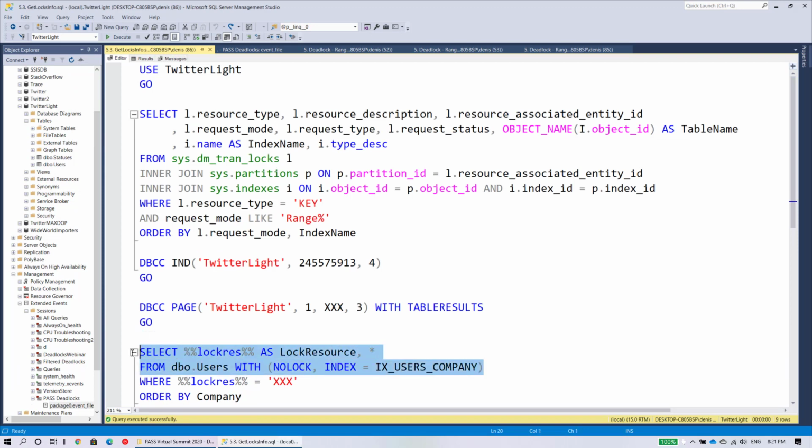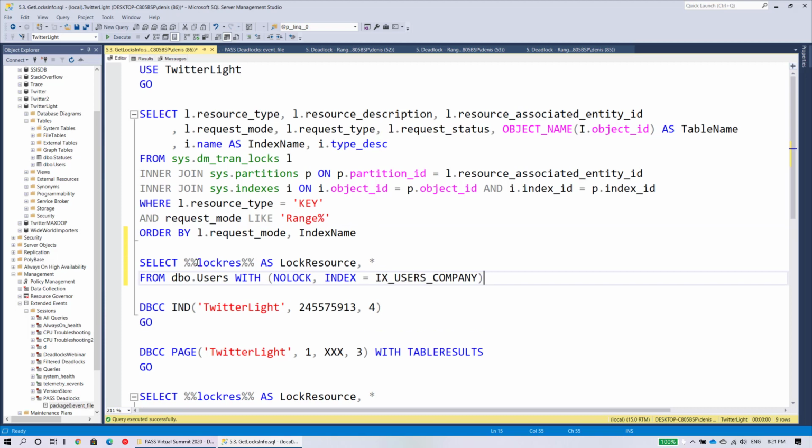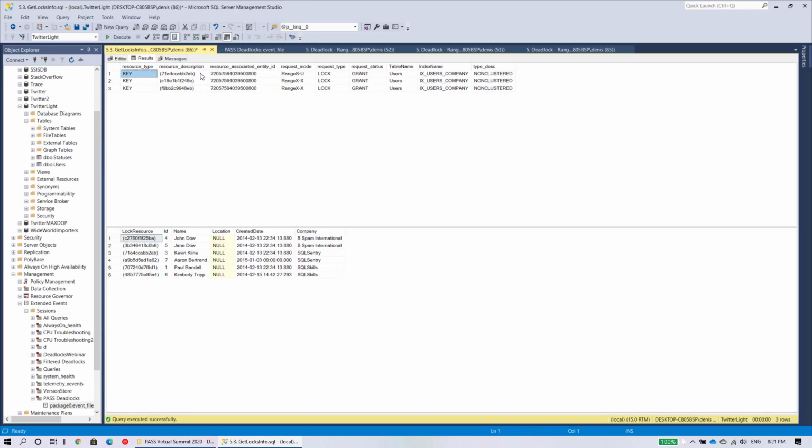To check this, I will use the hidden function lockres. I will call it for each row in the users table and you will see the results. Each row in the index contains this hidden field. This is a hash of the key which SQL Server used to store and check locks in the internal lock hash table. And running this function on the table, I will get the values of this hidden key and can compare to the resources blocked here. So if we check this 3rd row blocked, we can clearly see that this is Kevin Kline from SQLSentry, which means that even if we are updating the users who are working in SQLskills, SQL Server blocked just another row